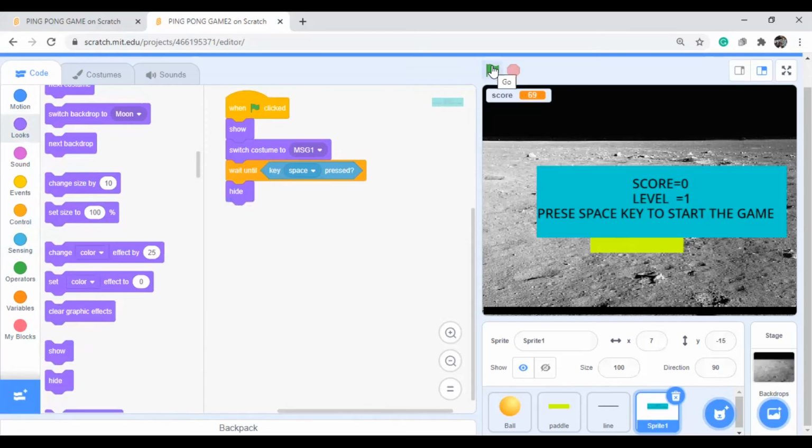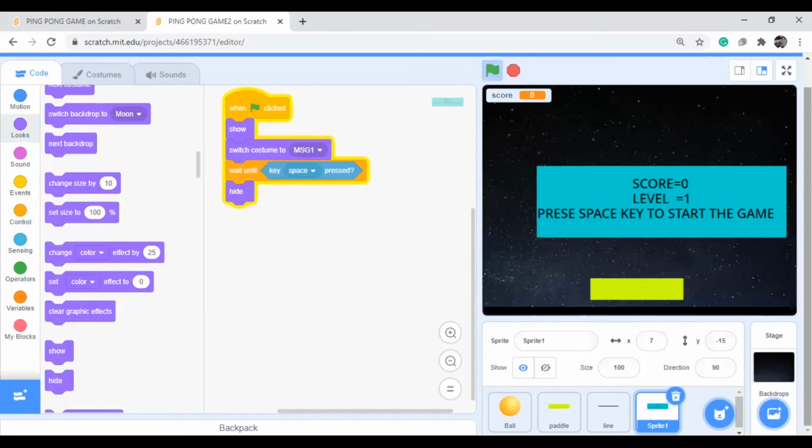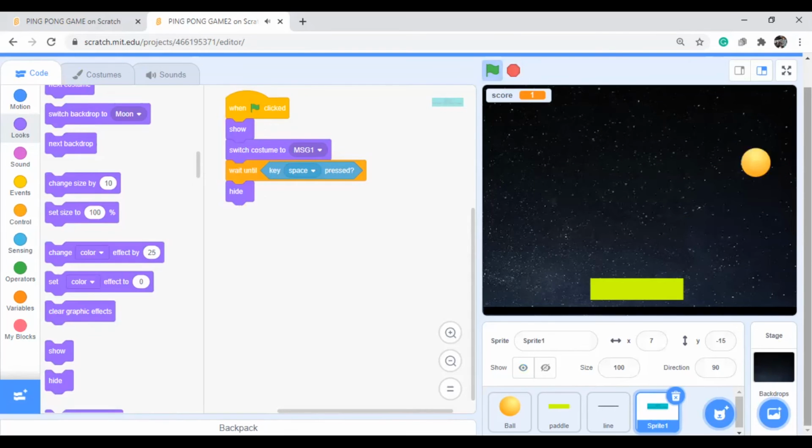Just I want to check it out. Here, see, if it is coming like this, score is 1, level is 1. If I click on the space button, it's not hiding. Okay, one time only. Yeah, I wrote it correctly only. Yeah, perfect. It is working. See, now again one more time I will show you. I click on the flag, I press the space key, then immediately it hides.